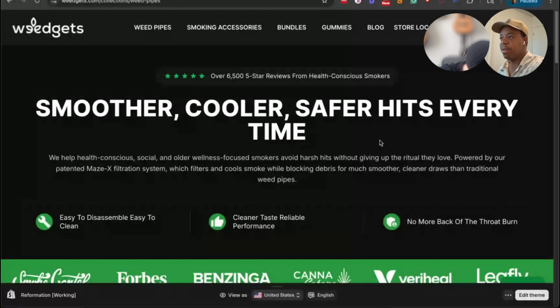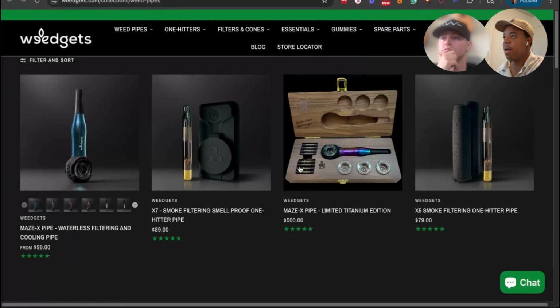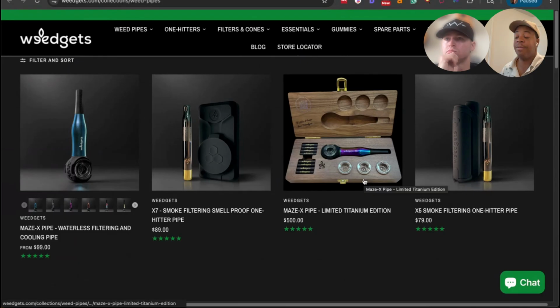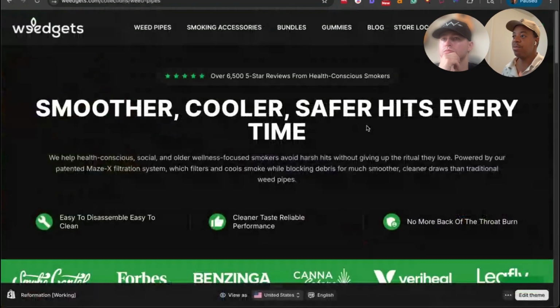We have the new version of their weed pipe collection page following the same conversion framework: bold promise, social proof, feature badges. Here's the old version, by the way, where you can imagine if you come here from Google and you've never heard of this brand, you don't really have any context for why you should buy this weed pipe, right? So again, it's really, really important that you give people a reason, you shift their belief before you actually